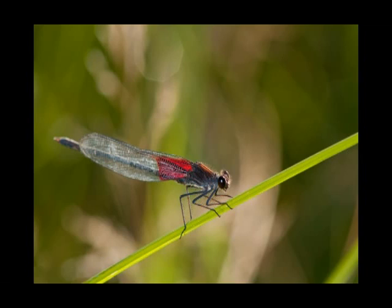Dragonflies are incredibly beautiful, and we all see those little fairies flying around water and in the fields. But they're also amazing predators. Having watched them through a close-up lens, whenever they're perched, they're always looking, and they will go out and come back, and they're always chewing. So they're very efficient hunters, and they can catch and eat most insects and spiders, and I've